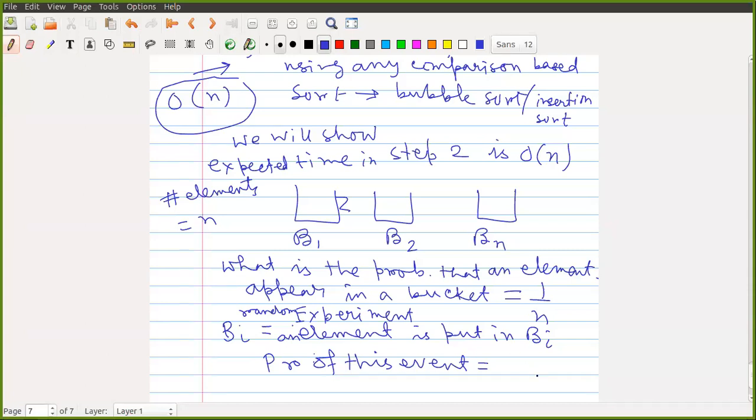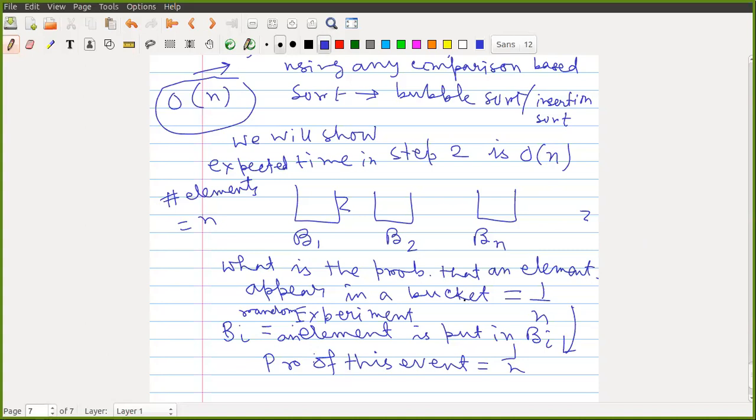Yeah, so given an element, say xi, what is the probability that it will belong to bucket bi, given the fact that inputs are uniformly distributed? There is a single element x, and there are n choices, and the inputs are distributed uniformly. So what is the probability of that element going to bucket bi? It will be 1 by n. As I have already done this before, it will be 1 by n. So this is done here.